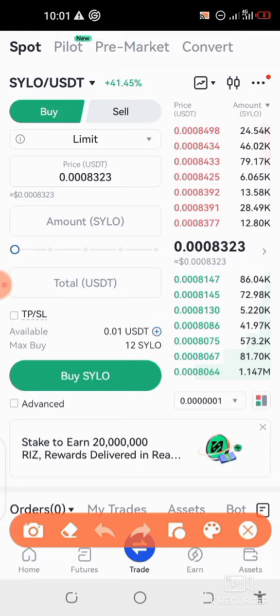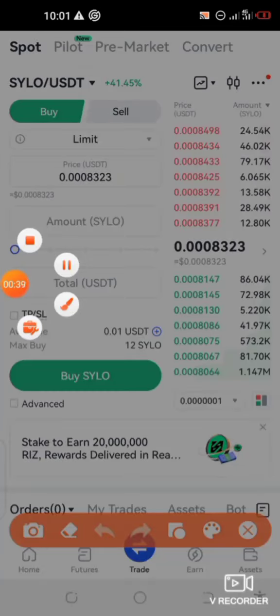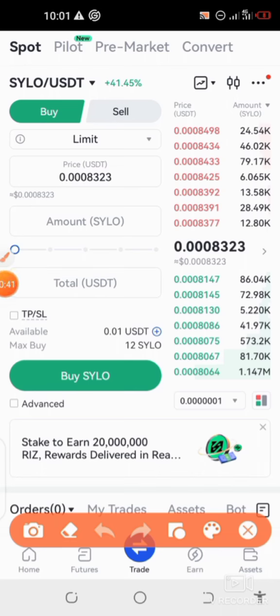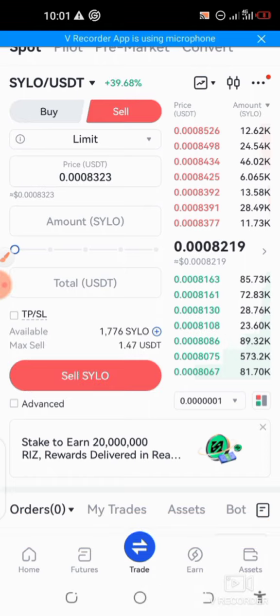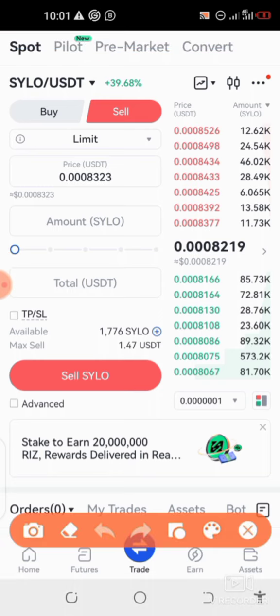So now the next thing, as you have swapped, the money will no longer be in USDT, it will be in that very coin that you bought. Now look at it. USDT now is 0.0. Look, it is in that Silo now. You see, the money is now in that Silo.